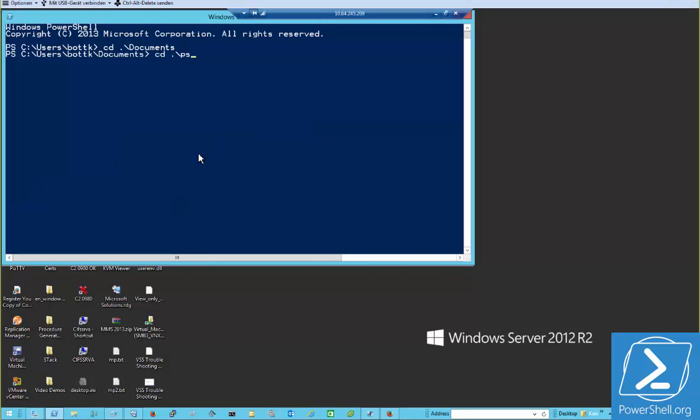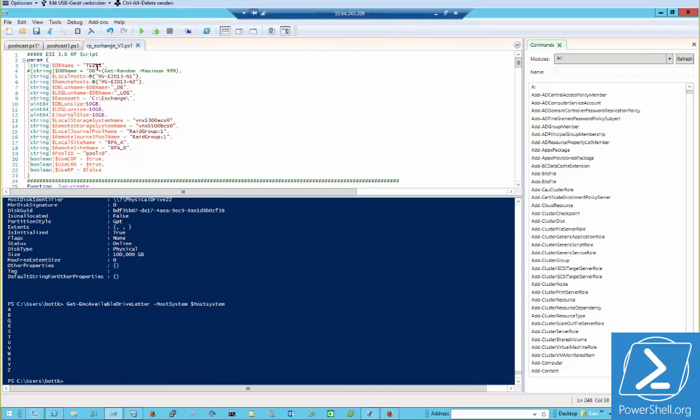Go to my PowerShell repository, and it's called rp_exchange, and it has some options. One of them is the DB name, and the DB name is Hall9000R. So what it should do right now, it should go to my first Exchange server, and if we just look at the script, I have this hard-coded in right now,